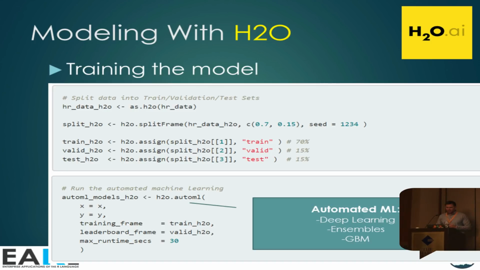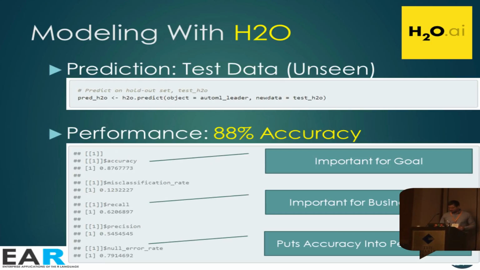And we just plug that right into this h2o.automl function, and it basically uses all of these cool models like deep learning, stacked ensembles, gradient boosted machines, all of these advanced techniques on that data set, and then it gives you a leaderboard or a list of models that are ranked by the validation set or the leaderboard frame, basically, so you can just pick which one you want, and typically you'll just take the top of the list, right? The highest accuracy. So that's what that function actually does.